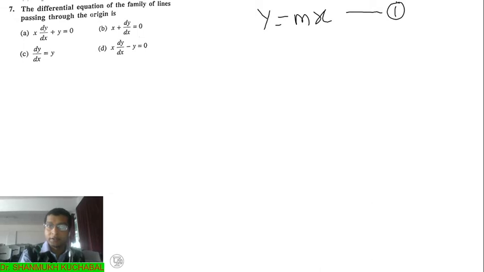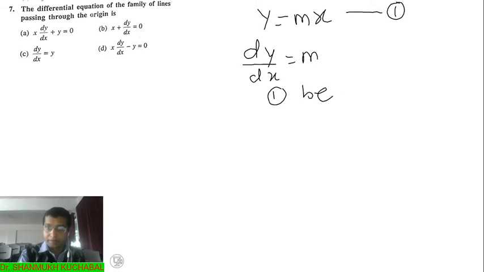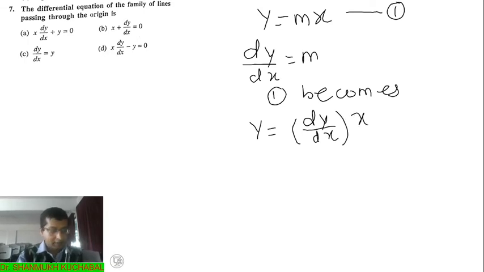Further we differentiate, so we get dy by dx equal to m. So further equation 1 becomes, in equation 1 wherever m comes, we have to replace it by dy by dx, so we get y times dy by y equal to dy by dx times x. Now among the options, almost all are equated to 0, so I transport RHS to LHS,